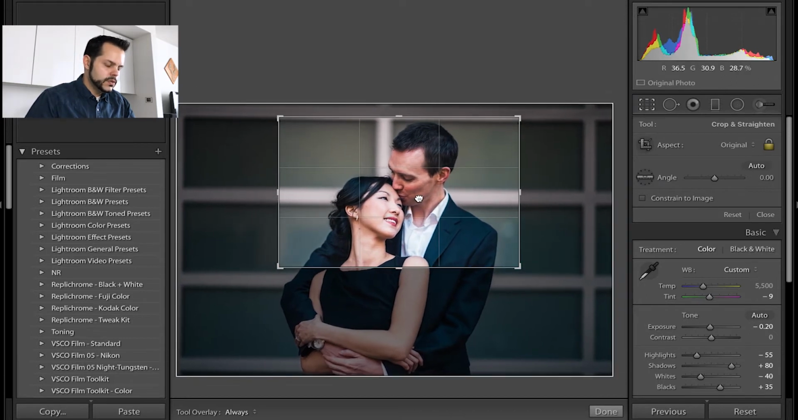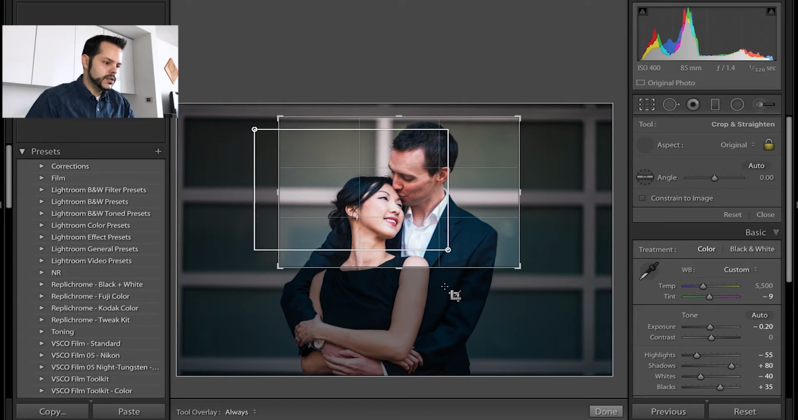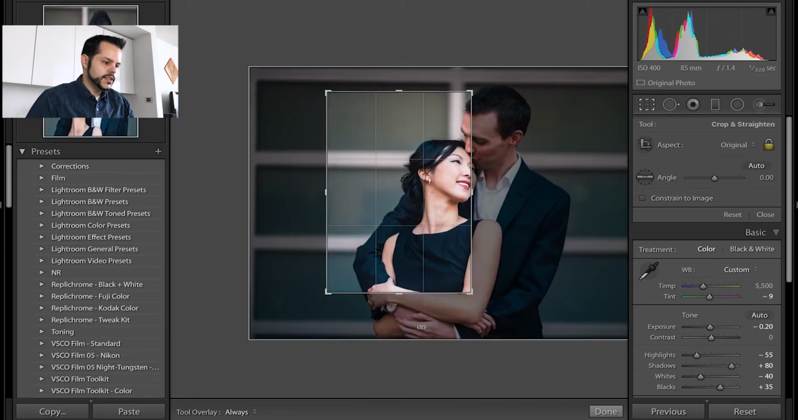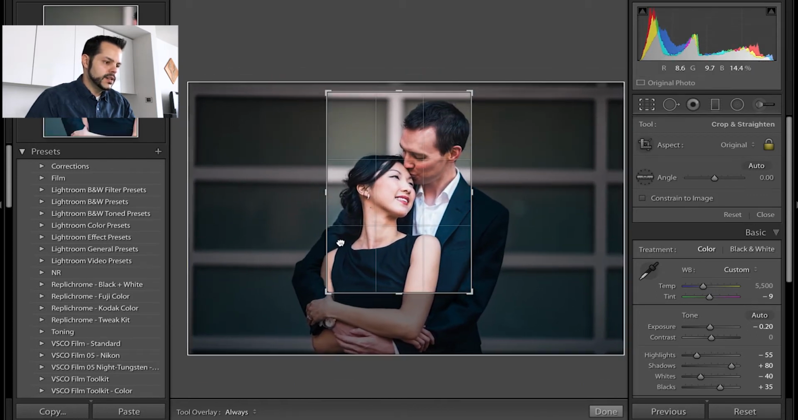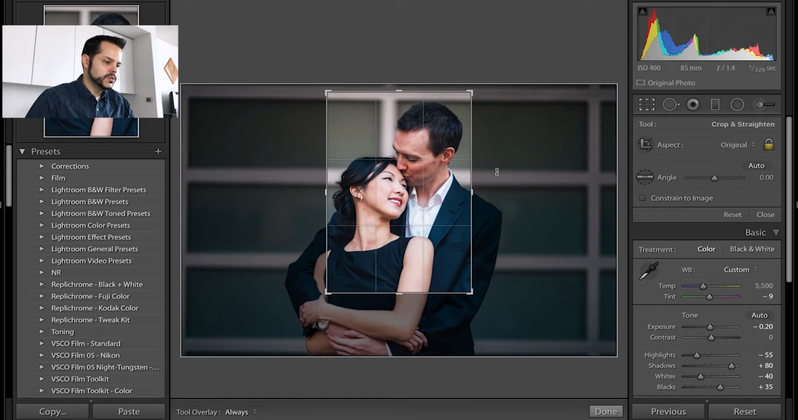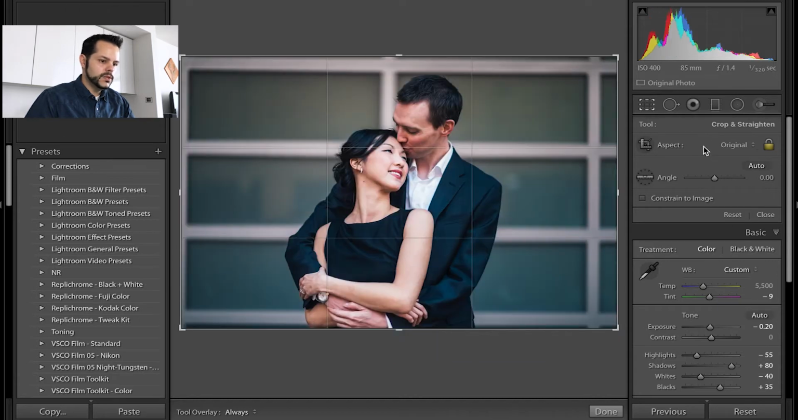If I just wanted to do a quick crop on their face, I could do that. Another thing I can do, if you notice, if you pull down more than sideways, you can change it to a horizontal or vertical crop. So you can change basically the orientation of your image with this tool as well, and you can do a nice little crop if you wanted to turn this into a portrait. But I don't want to do that, so let's go ahead and reset this back to normal